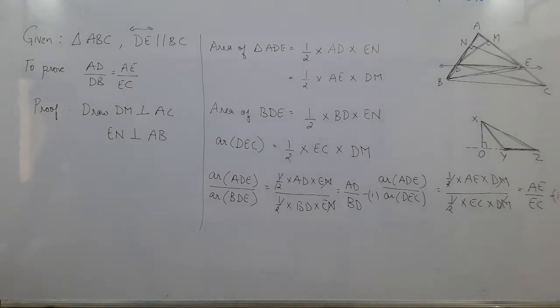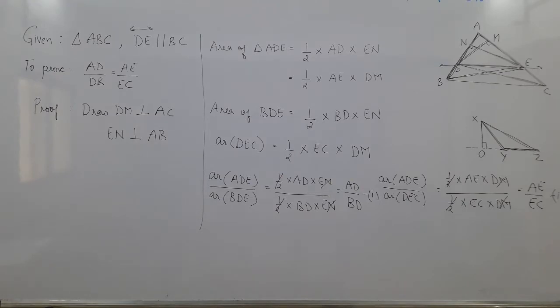Now, something you learned in the 9th standard. What did you learn in the 9th standard? Now we have to recall a little bit, we have to write further. Recall what you learned in the 9th standard: triangles having the same base and lying between the same parallels are equal in area. This you did in the 9th standard. You learned the theorem for areas. Triangles having the same base and lying between the same parallels are equal in area.